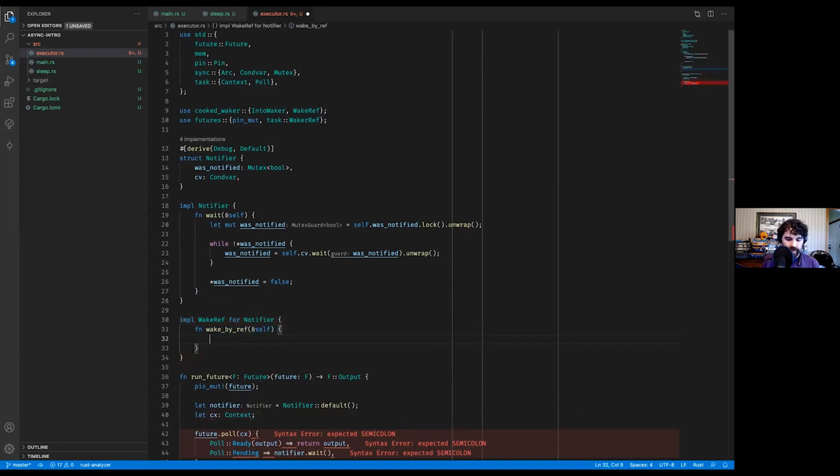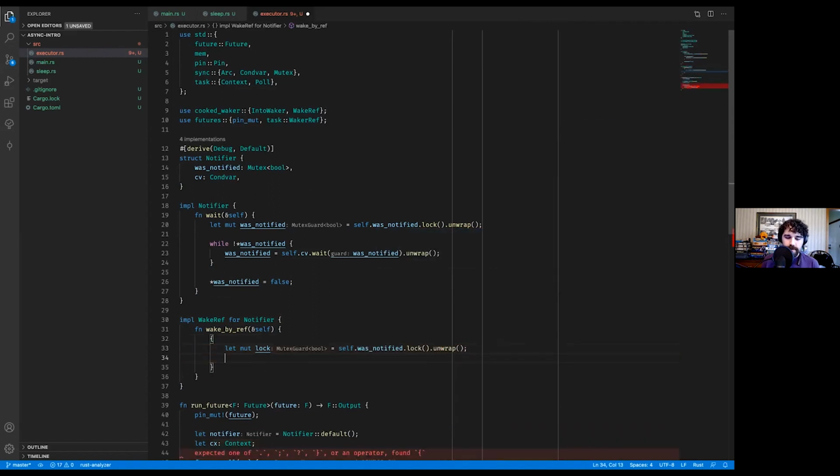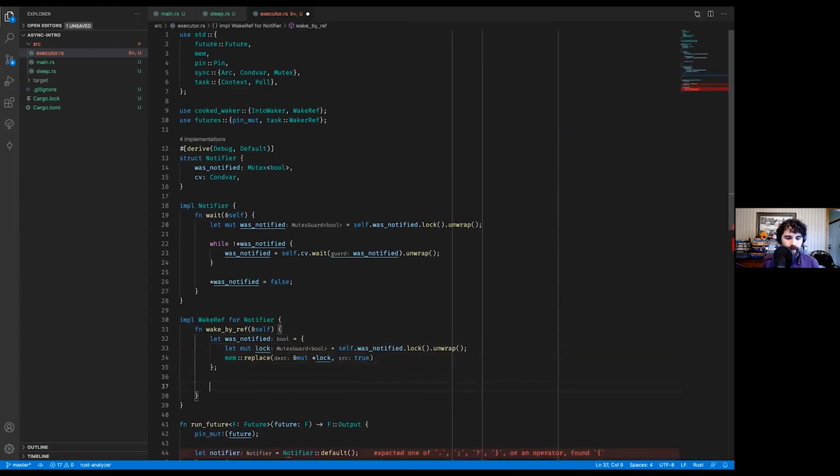We hit the condition variable, right? So we're going to say lock the mutex. Okay. We're going to set this to true, and we're also going to return the value it was previously. We'll say that if it wasn't already notified, then and only then will we signal the condition variable. So we'll put a true in there, and replace will return the old value, which we will get here outside of the lock. That was_notified equals all that. Great. If we weren't already notified, hit the condition variable.